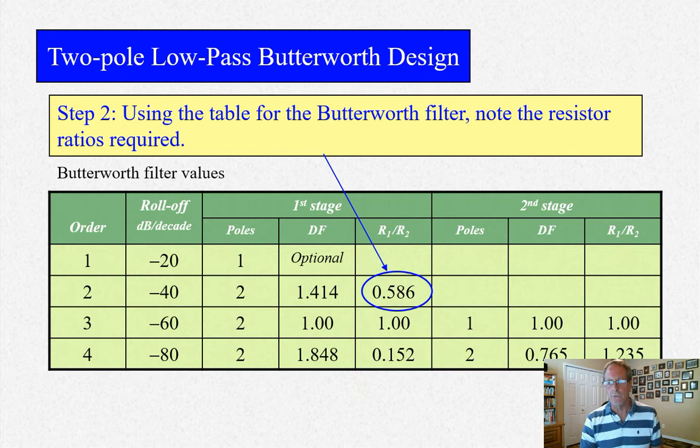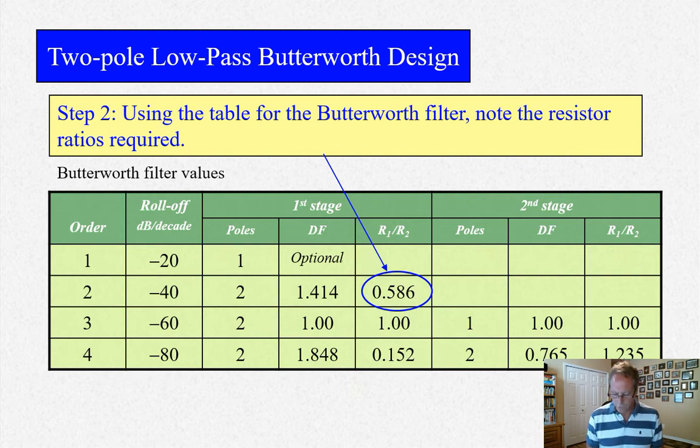For a 4-pole filter, we're adding a second stage. So we're going to have to use these numbers, okay, and these numbers. So we'll look at those when we do the example, and for that we're going to use 0.152 for the first stage, all right, and 1.235 for the second stage. So just remember that, okay? But for now, we're at